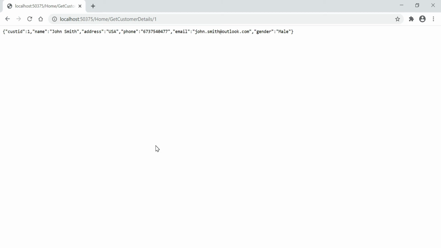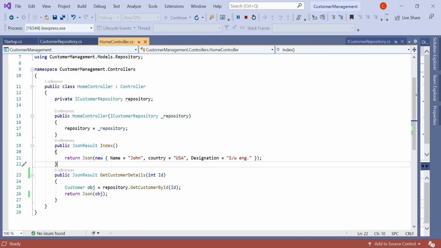In ASP.NET Core MVC, the action method of a controller can return different types of data such as JSON, view, string, object, XML, etc. The request arrives at a controller and its action method. As part of processing that request, the controller creates the model. To retrieve the model data, the controller depends upon a service. For example, in our case, to retrieve the customer data, the HomeController depends upon the ICustomerRepository service. Here the ICustomerRepository is injected into the HomeController using the constructor. This is called dependency injection. In our upcoming videos, we will go through the details of dependency injection. For now, we just concentrate on the controllers.